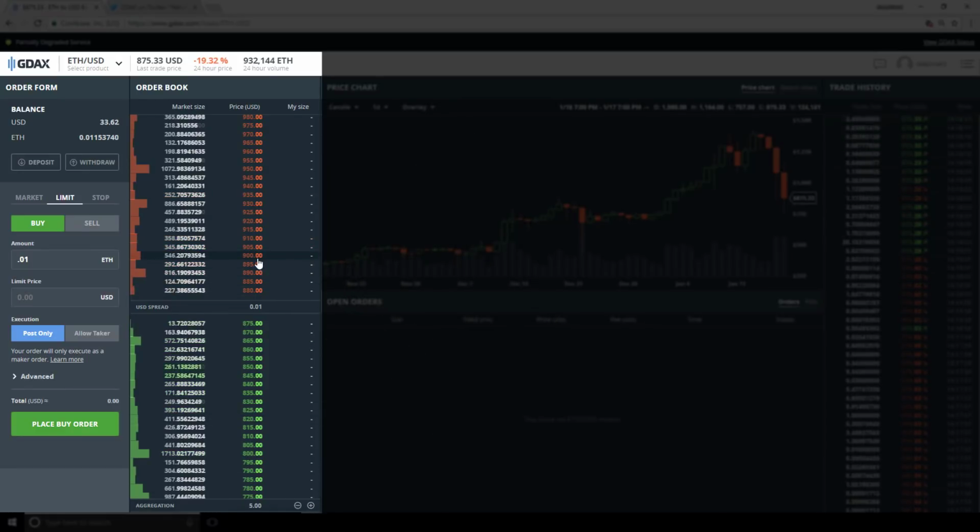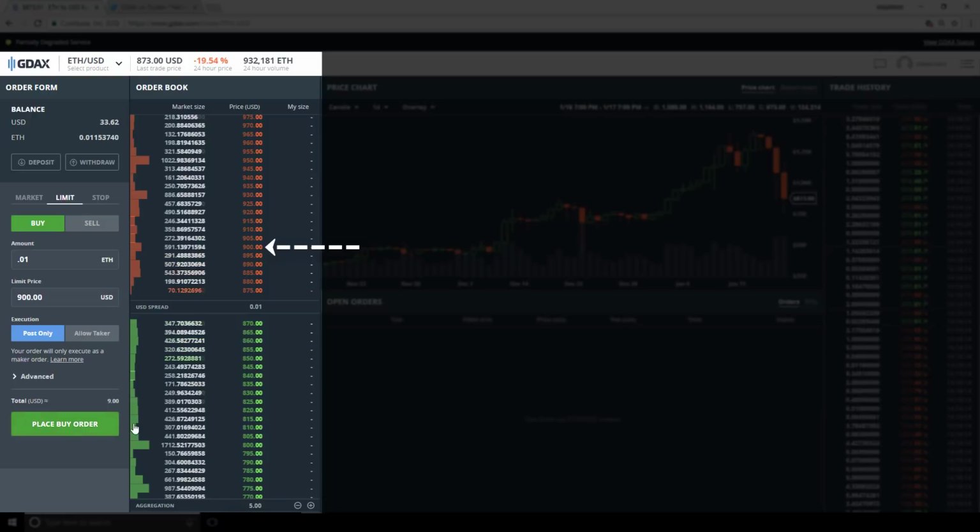Let's say that the maximum price we're willing to pay is 900 and we want to buy. So we're going to buy 0.01 ETH, and the maximum price that we're willing to pay for that 0.01 ETH is 900 USD per 1 ETH. So now we have post only selected, and what we're going to see is that when we click place buy